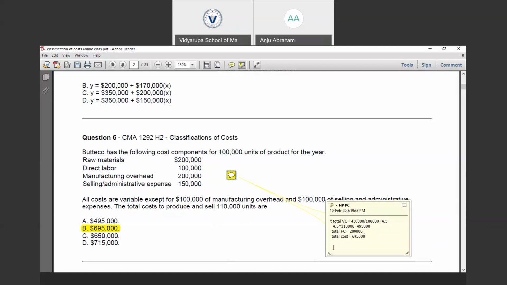So total cost equals total variable cost plus total fixed cost, which is 495,000 plus 200,000, which is 695,000. Is it clear? Okay, let's move forward.